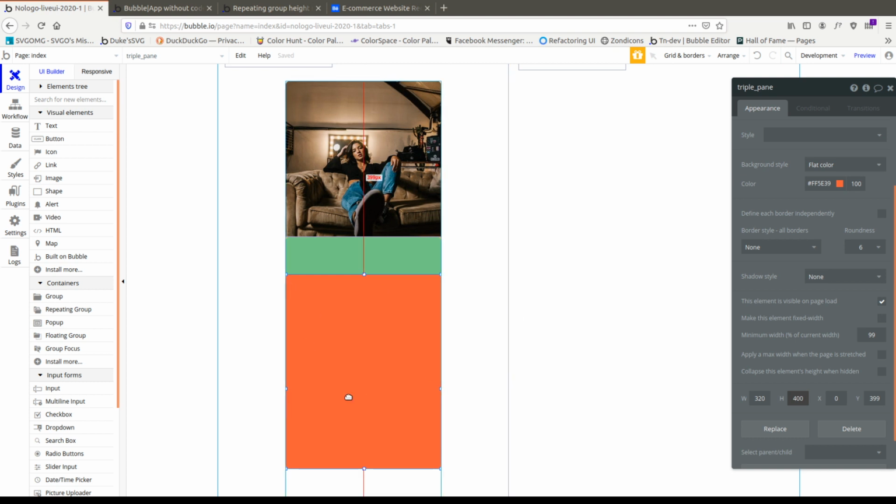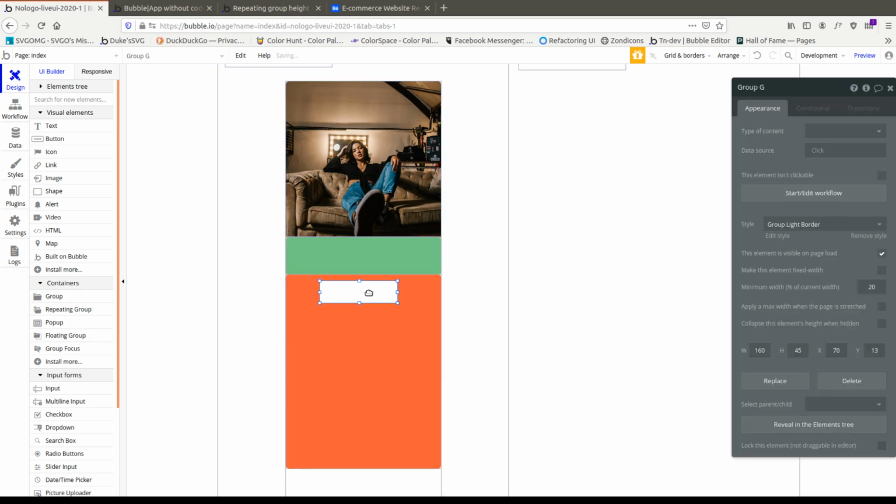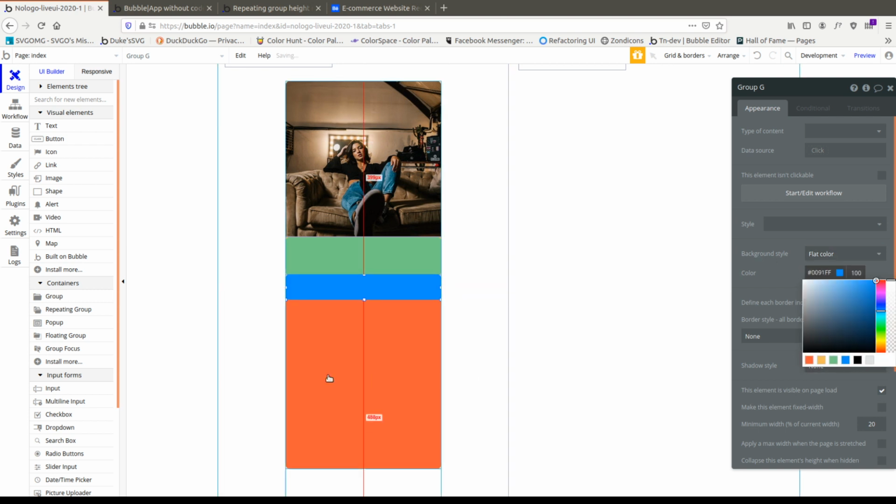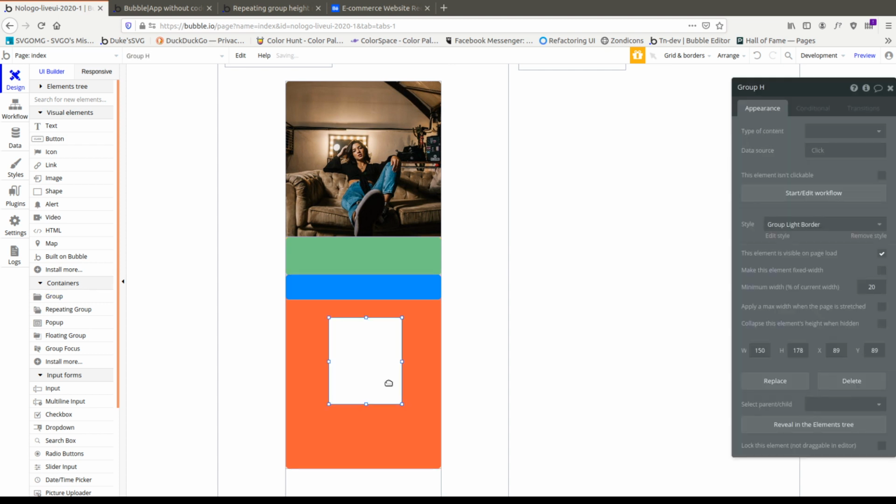Then we're going to put a bar on the top of this one, and this is going to be our little menu for our triple pane. Let's go with blue. Okay, and then underneath we're going to have a number of different groups, and we're actually going to have 3 groups. And let's go ahead and put that up here, and we're going to talk about option sets, obviously, because option sets